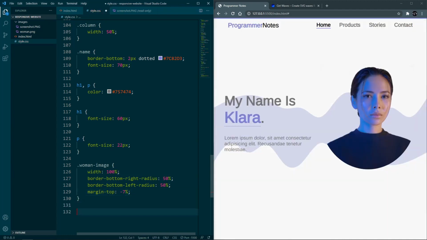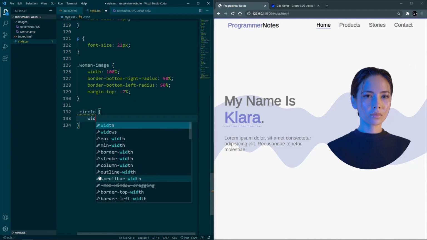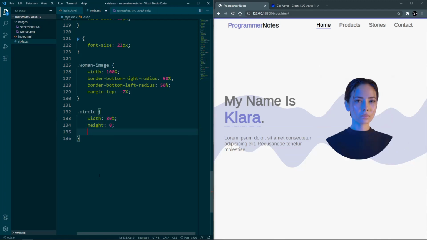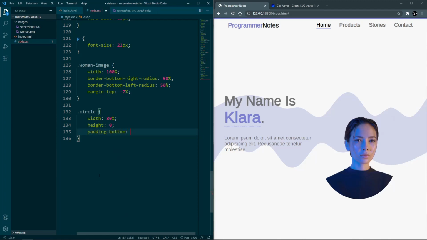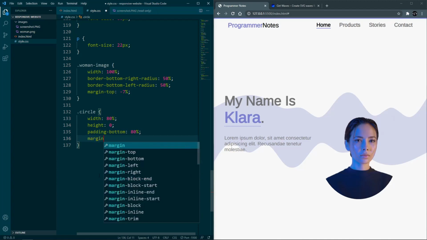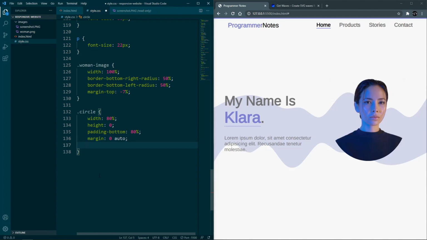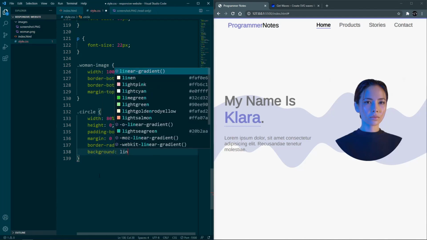Let's create the circle background. Edit the circle class, set the width to 80%. Height to 0 and padding bottom to 80%. Margin 0 top and bottom and auto for left and right. Border radius 100%, and for the background we will have a linear gradient to the right